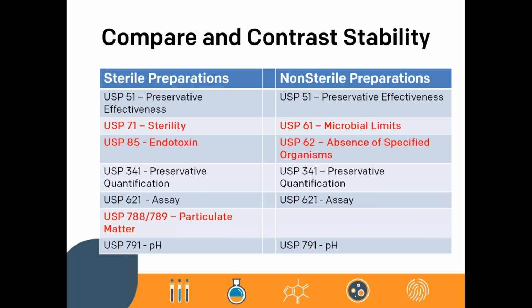This is a good slide, and now I wanted to point out the differences between some of the tests that you might conduct in a sterile preparation versus a non-sterile. Yes, we know that you're going to conduct a sterility test in a sterile product and an endotoxin test. You might even want to quantitate chemically the preservative effectiveness or through USP 341 or do the assay, and again, the particulate matter. But notice in a non-sterile product, you might want to use the USP 51, which is